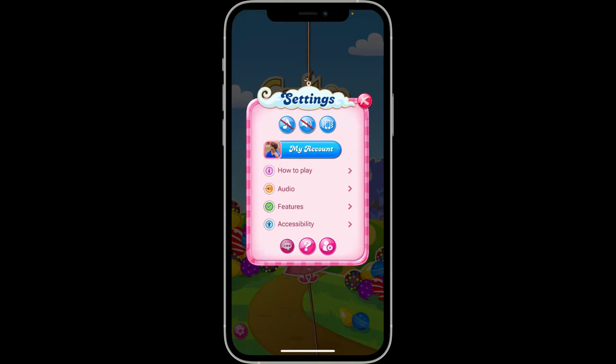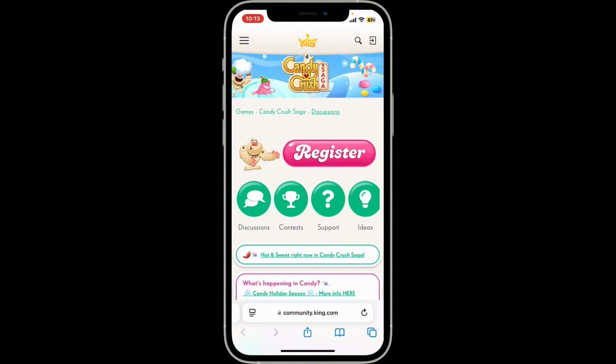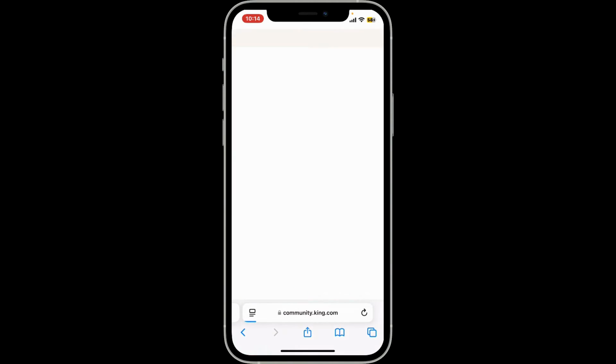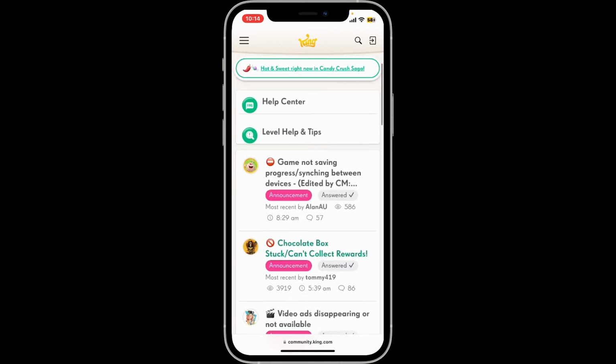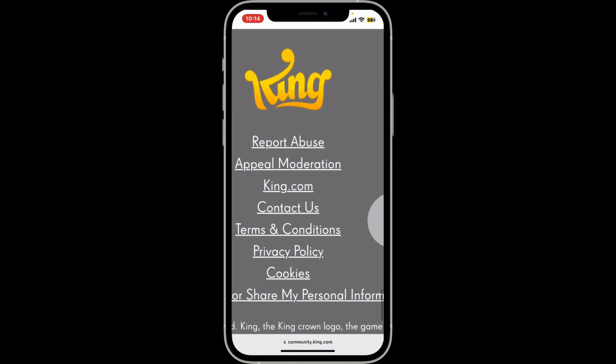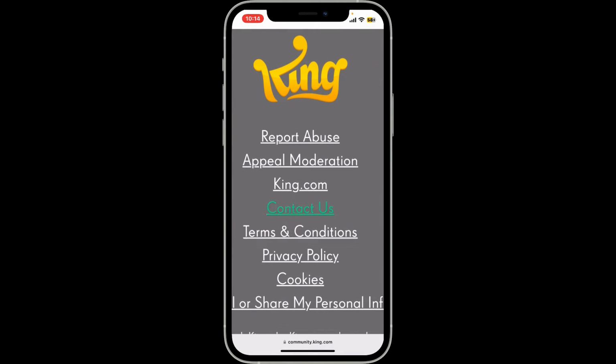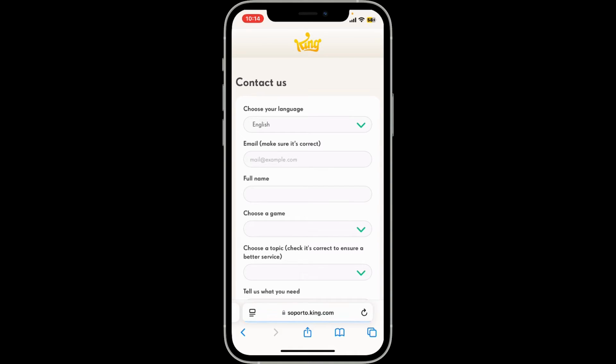Now, you will be able to see a little messaging or speech bubble icon. Simply tap on it and this will take you to the community.king.com website. Tap on the support option from the list and then scroll all the way down until you see the Contact Us section. Simply tap on Contact Us and you can now go ahead and choose your language, enter your email